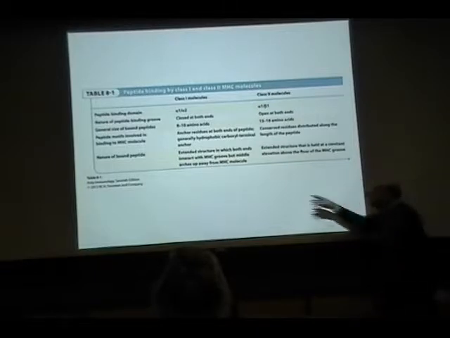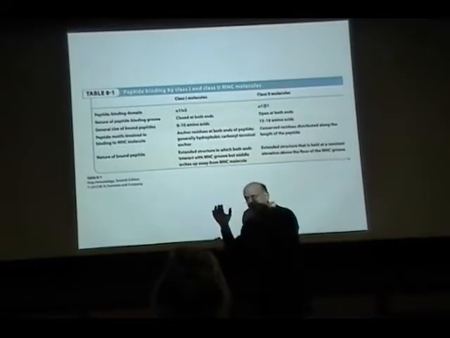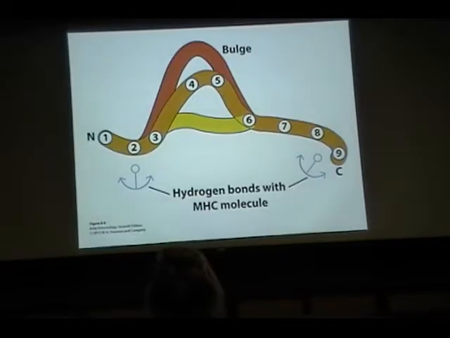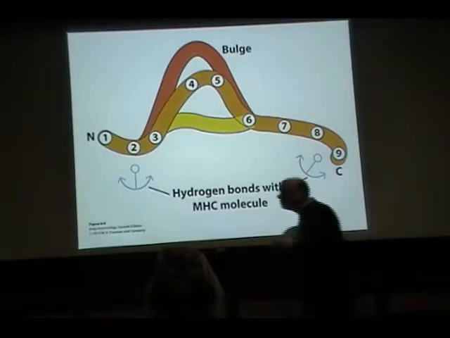I mentioned that class 1 has walls on the side, so it can only fit 8 to 10. Class 2 is more open-ended, so we can fit the hot dog with the hot dog hanging out on the outside. Don't worry about the names of the peptides. The good news is